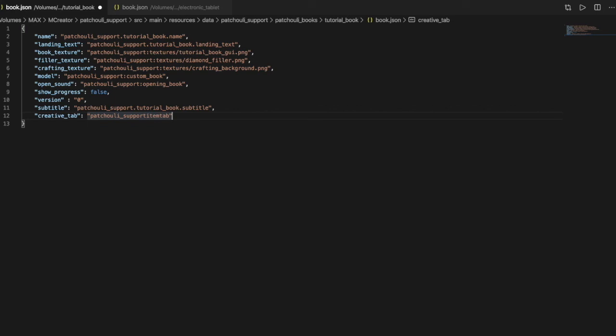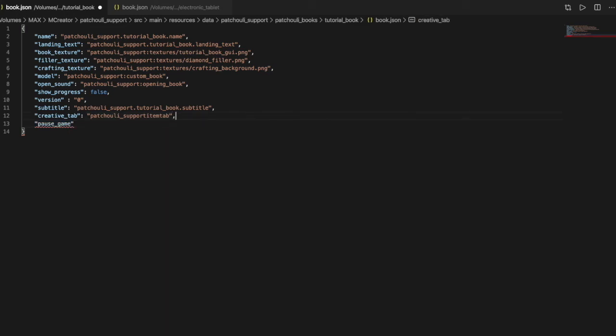You also have show toast, if you don't want to see notifications. You can use a blocky font or not, and when you open the book, like when you open a shop in Minecraft, you can set pause game.